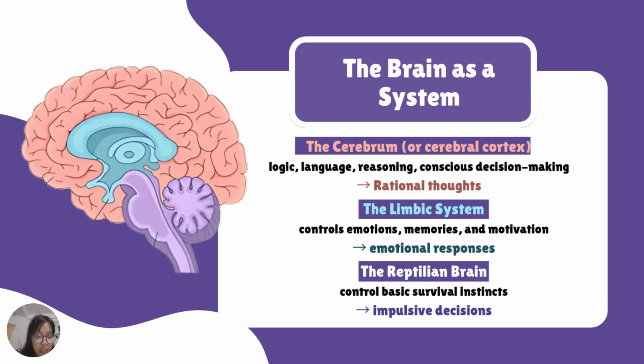The blue parts in the middle is called the limbic system. This system controls emotions, memories, and motivation. It's crucial for memory responses, and it's also the reason why sensory experiences can create such strong emotional connections to brands. Finally, the purple part at the end you see is the reptilian brain, the oldest part of the brain,